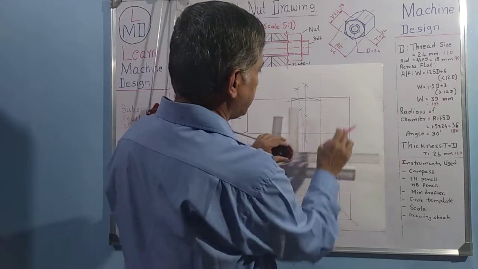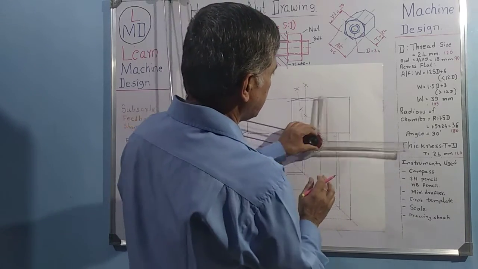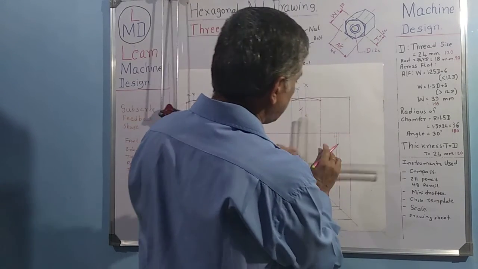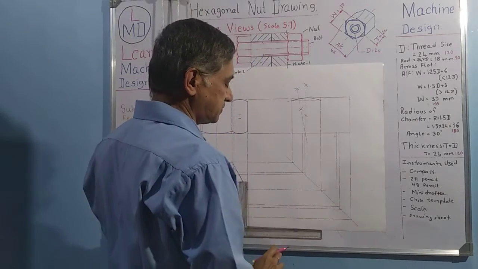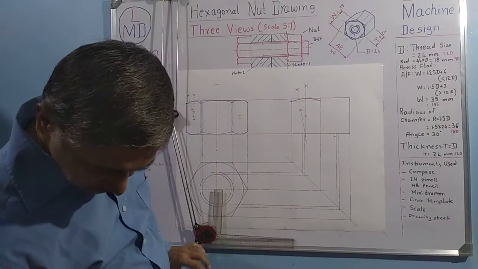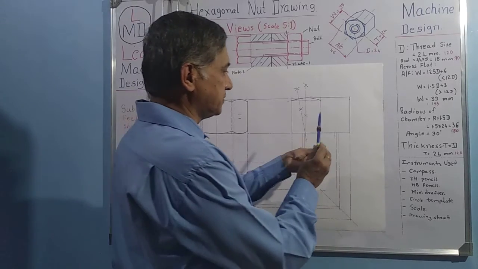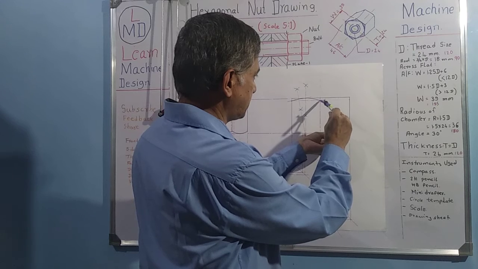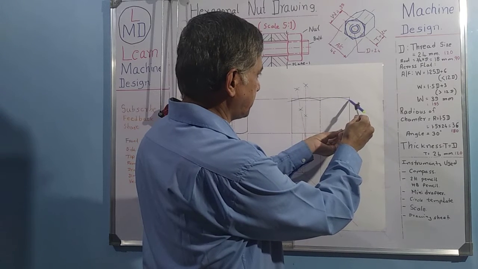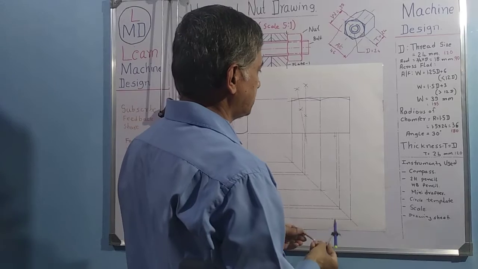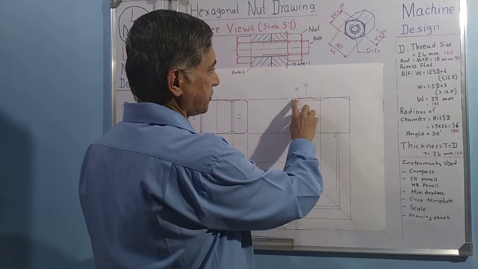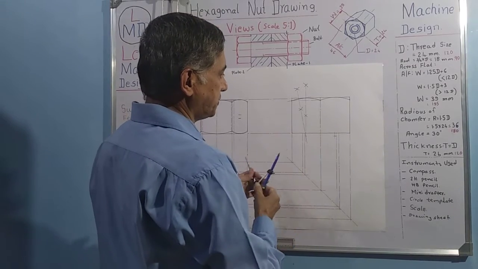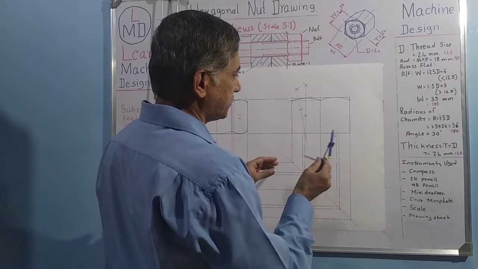So center of the line is here. Similar method we have to use it here and draw it. Again we have got this point. Use this compass again. Take this point, same radius, like this. Okay. So top two radius is ready. We have to write the bottom radius also. For that also we have to take same radius,